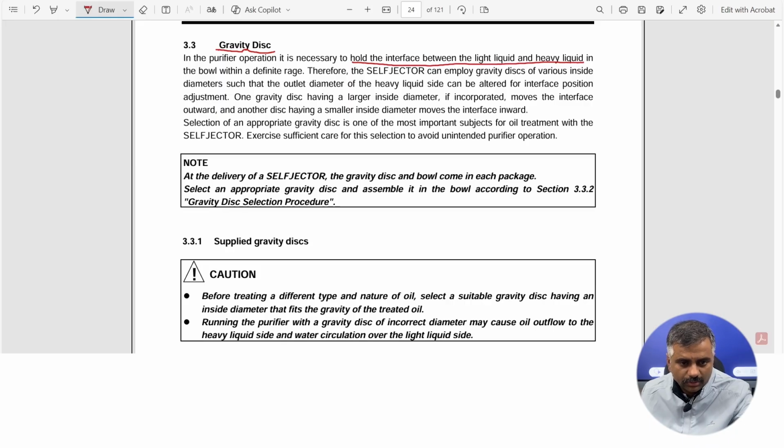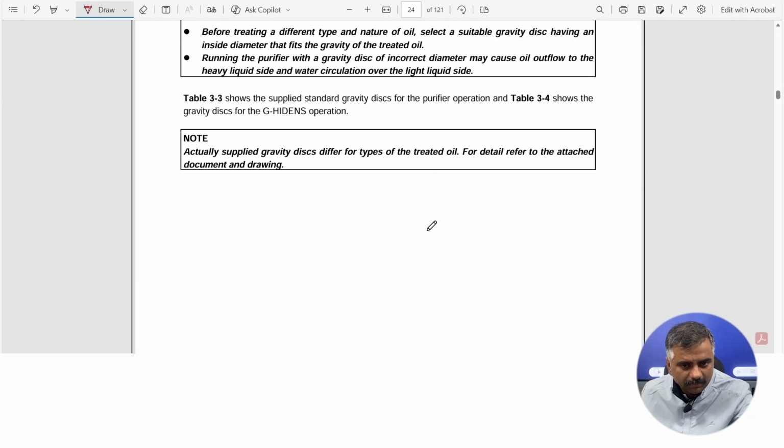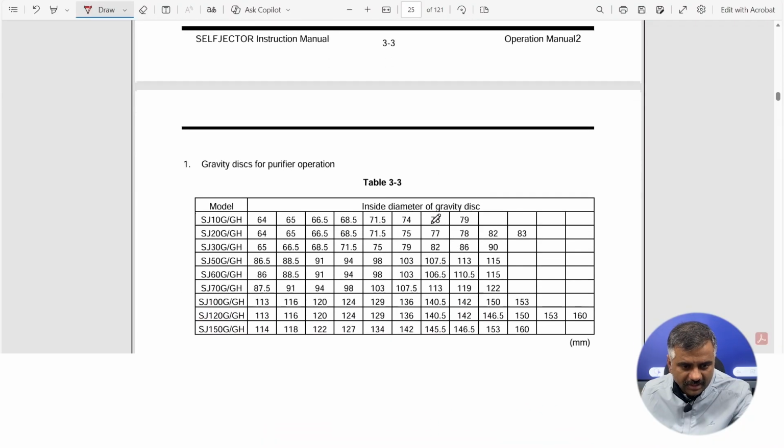Okay, so in case of purifier model, we have a separate set of the gravity disc that is being supplied by the maker, as we can see,